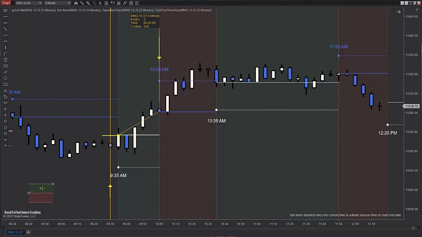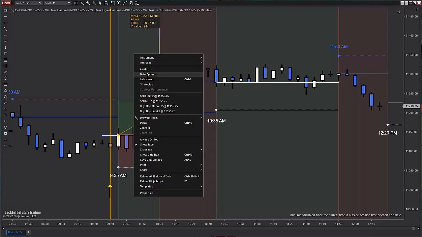Okay. And then that second position is going to be entered at the same time at 9:35, the close of that candle, which is right here, not here, here. And then we're going to drag that stop all the way to where Warp already places the stop. I don't even want to think about where to put the stops. I want somebody to tell me what to do, AKA TachEon TimeWarp.